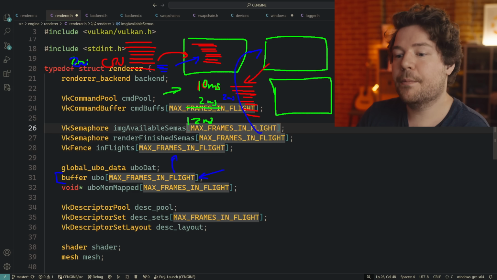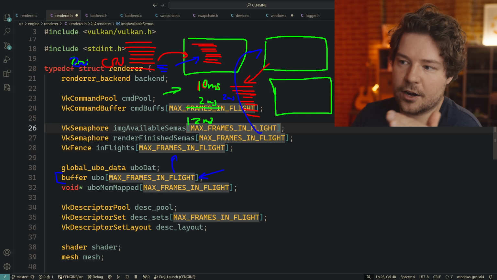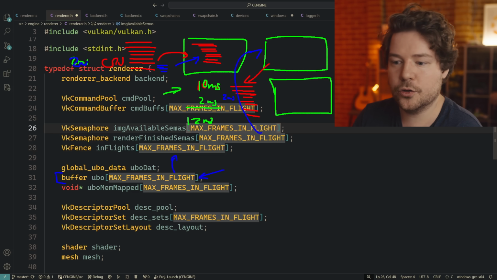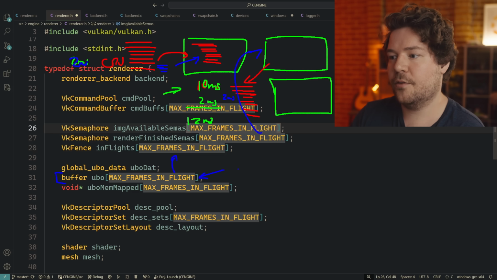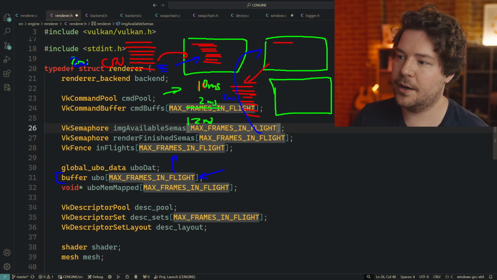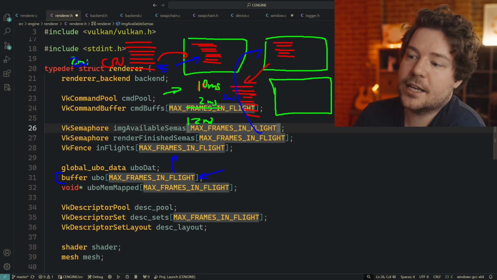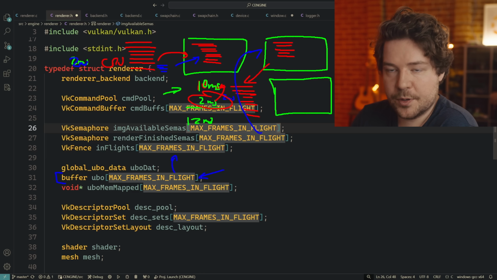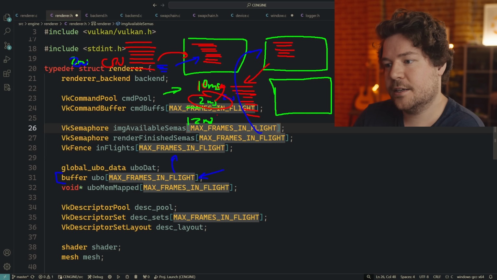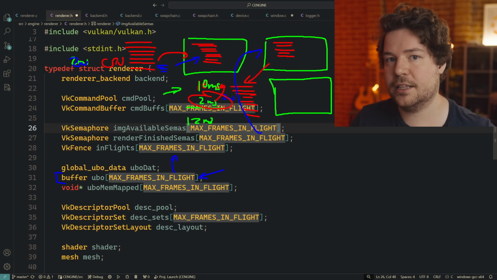So instead you create multiple buffers so that you can alternate almost. If your GPU is currently rendering and accessing one buffer, you can write your next frame's worth of camera data into the other buffer. And obviously that will be the one used by the GPU for the other frame. What that does is move this 2 milliseconds to happen concurrently with the GPU. So the CPU's 2 milliseconds for the next frame is happening while the GPU is rendering the current frame.